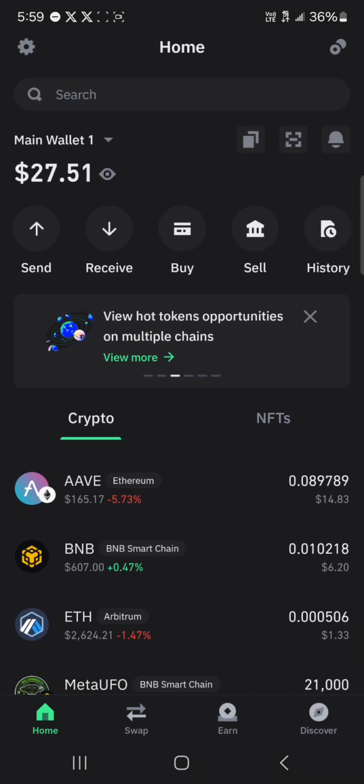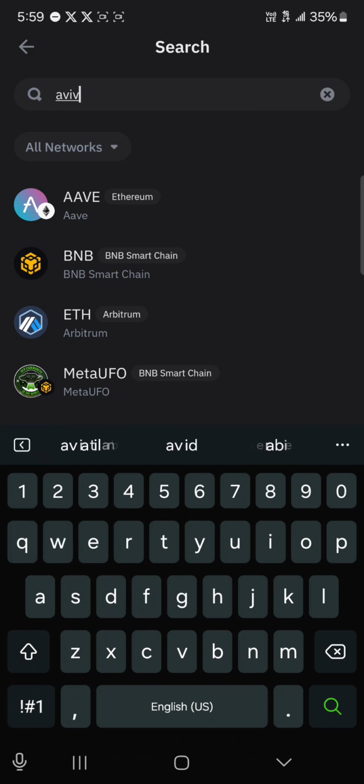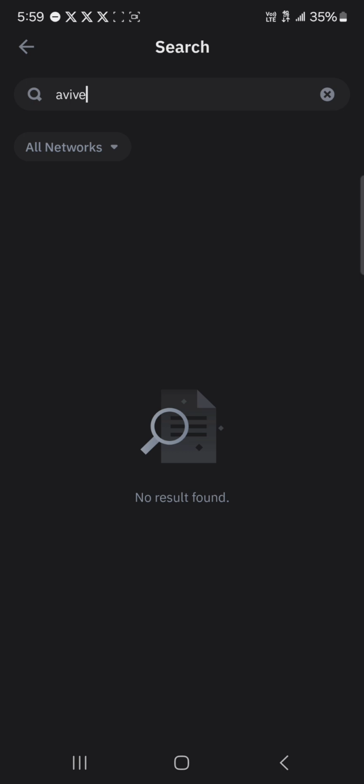Alright guys, so with your TrustWallet opened up, how can you add Avive to your wallet? Your first step would be to use the search bar at the top to simply search for AVIVE, which is the token's name, and it says here Avive. If you cannot find this token on your list of tokens,